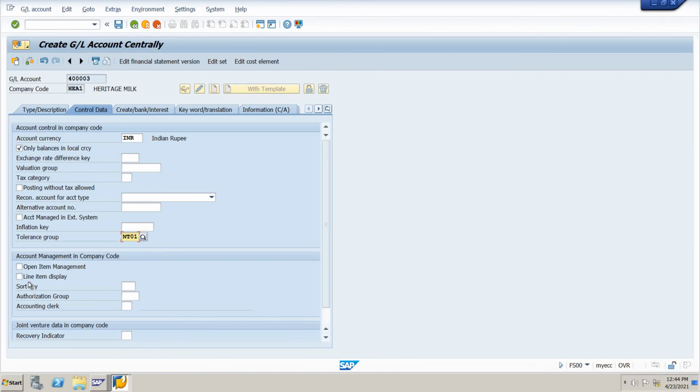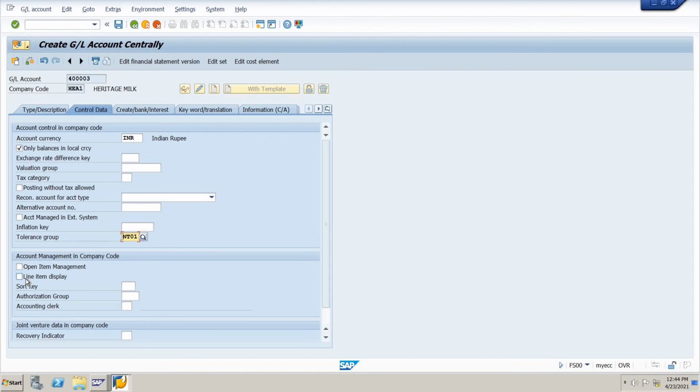Line item display is actually, if we have already created the miscellaneous expenses and we have created the document also. The documents come in the next class, where I will explain everything about how they are created. And the line item display means if we do any document, any transaction that belongs to the miscellaneous expenses, we have to see the miscellaneous expense account balances. You need the balances, right?